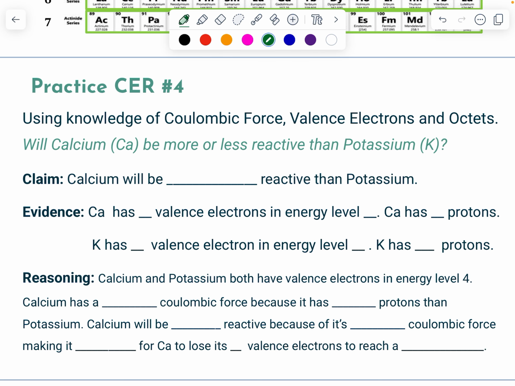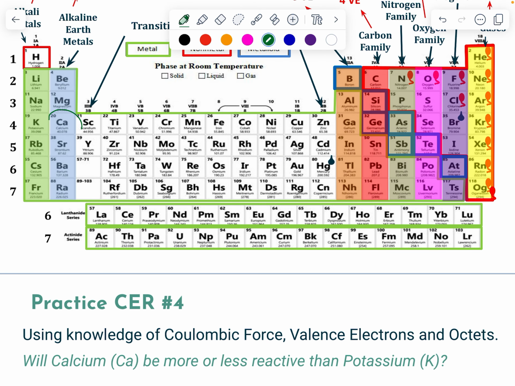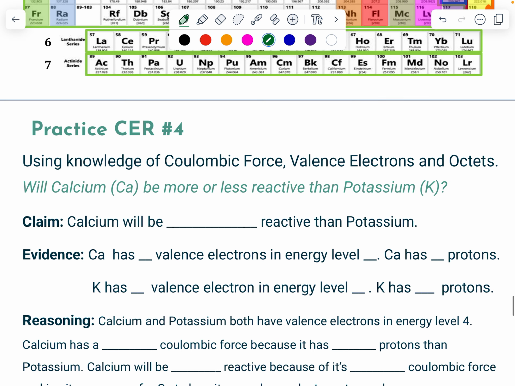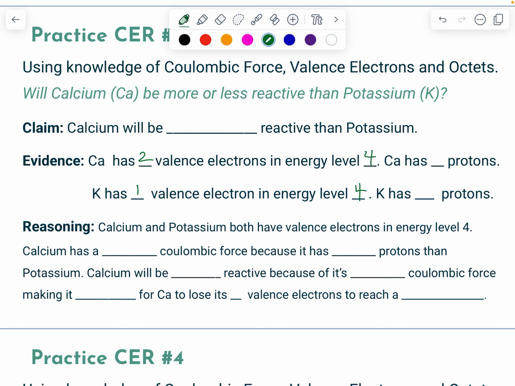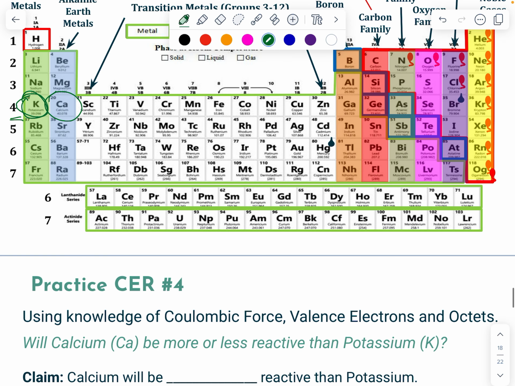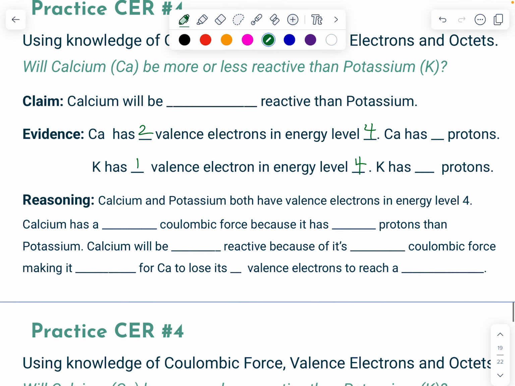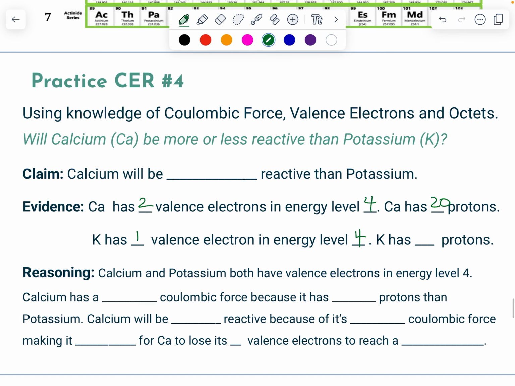So calcium has 2 valence electrons in energy level 4. Potassium has 1 valence electron in energy level 4. Because those are at that same proximity, we need to compare protons. So calcium has 20 protons, potassium has 19. With that, as we're looking at this, in order to get that full octet, both of these are going